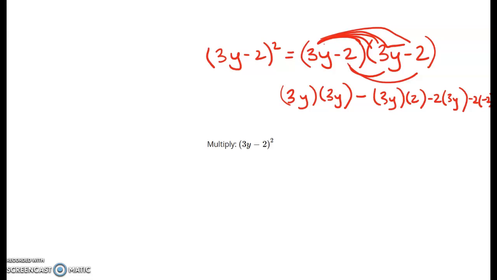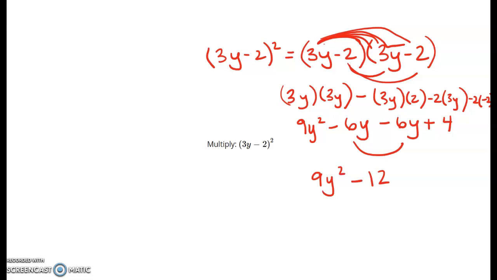Remember, we're multiplying numbers and variables. So 3 times 3 is 9, and then y squared. Negative 3 times 2, we get minus 6y, minus another 6y, and then negative 2 times negative 2, we get plus 4. Then we want to combine like terms, so negative 6, we'll end up with 9y squared minus 12y